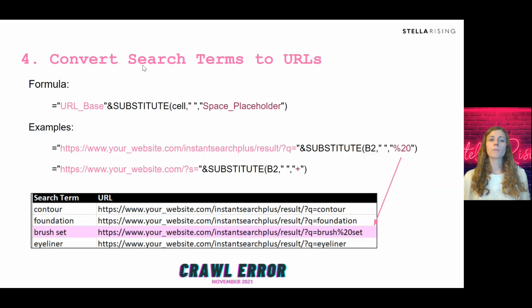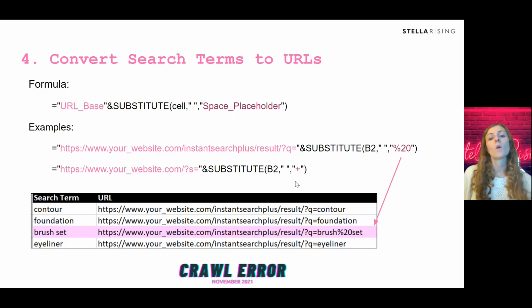So in order to do this, you have to first convert the search terms to URLs so that you can later crawl them in Screaming Frog. So you'll do a simple Excel formula using your base URL, whatever your website name is, and a space placeholder. You can extract that from one of your site search URLs that you generated from executing one yourself, and plug that into this formula, and you will wind up with an output that looks something like this. That space placeholder should appear with any queries that have more than one word,